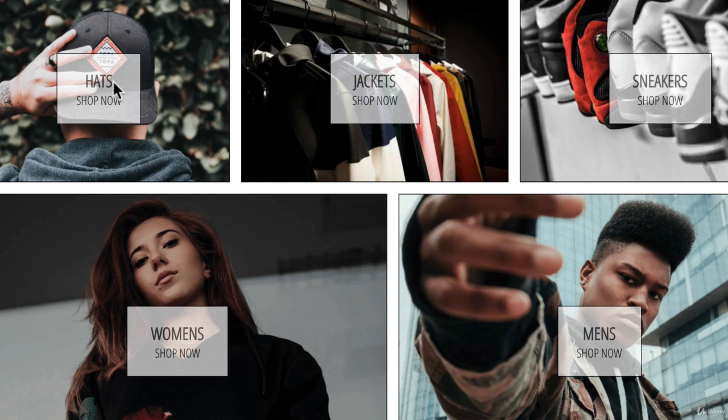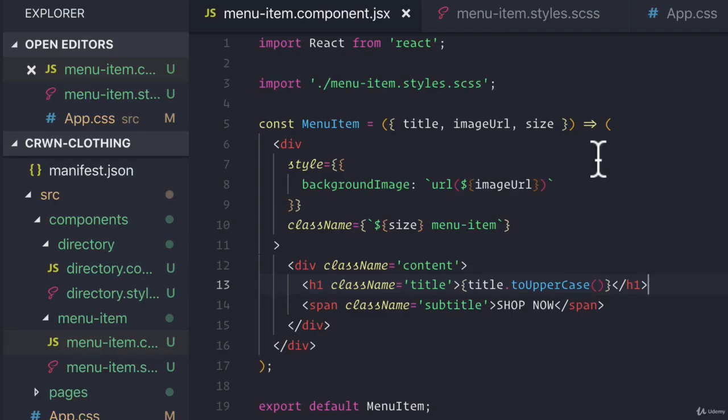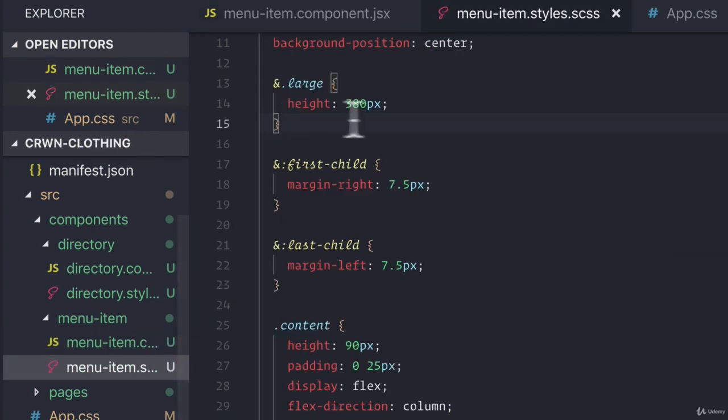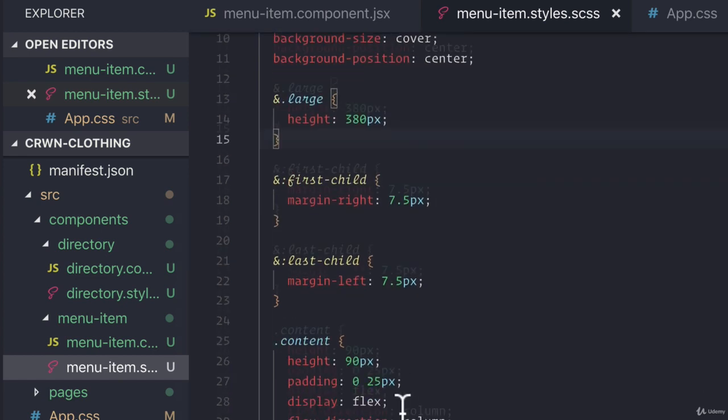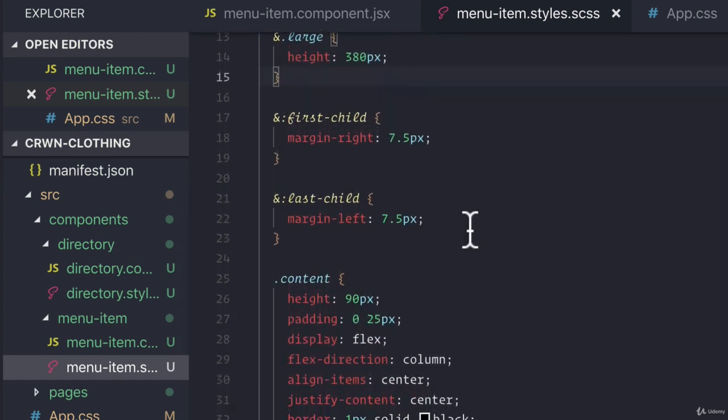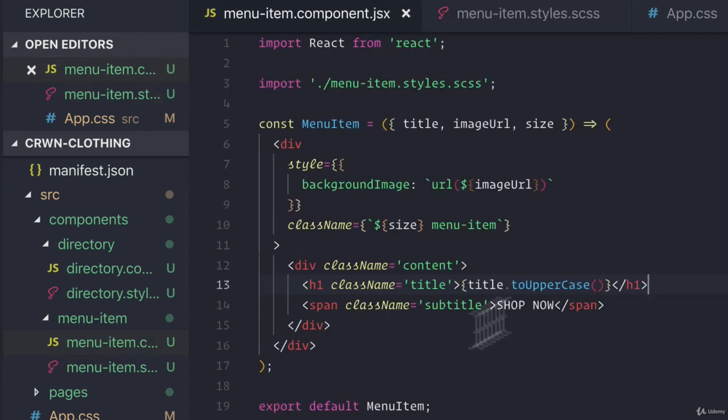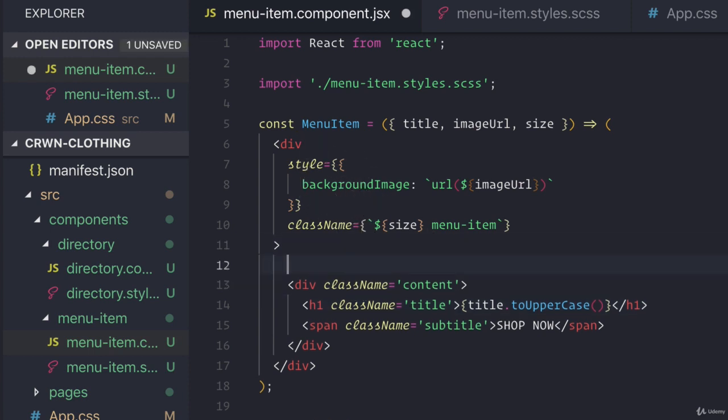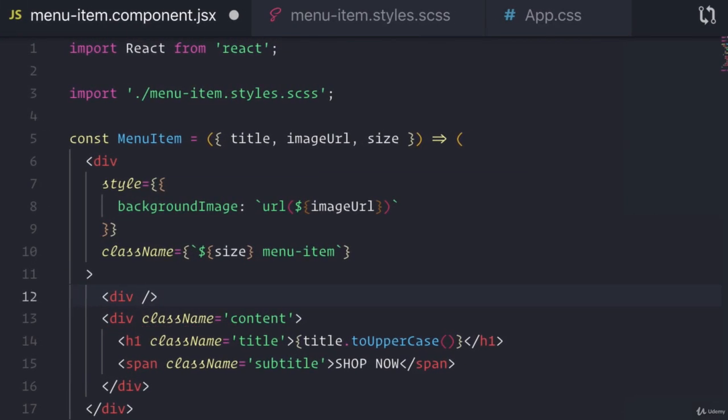And as far as our hover transition goes, this is going to be a bit of CSS that I will explain, but I don't want to go too in-depth about it, but I'll definitely cover enough that everything should make sense. So what we're going to do is add a new element first to our menu item component. For our background image, we want it to increase whenever we hover over our menu item, right? So we're going to add